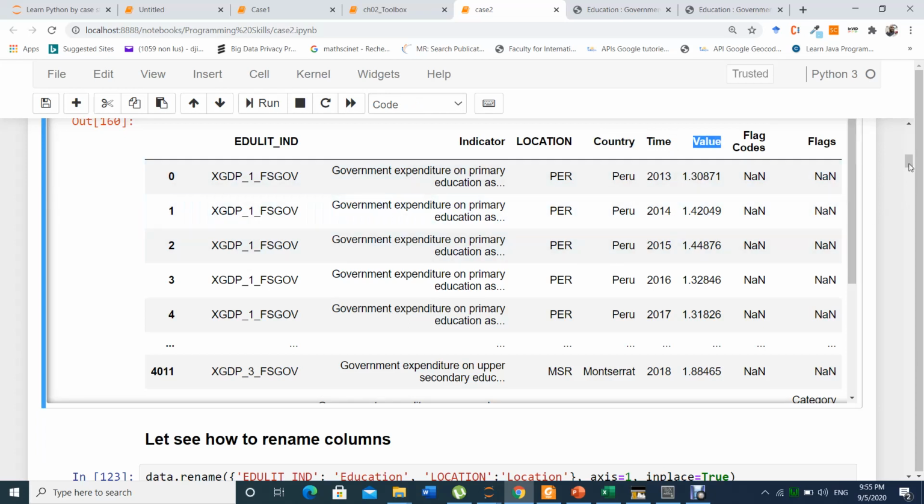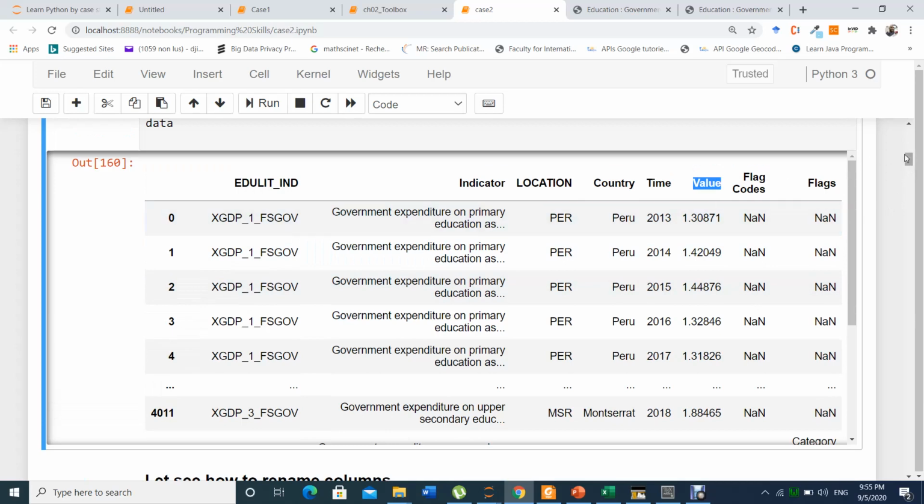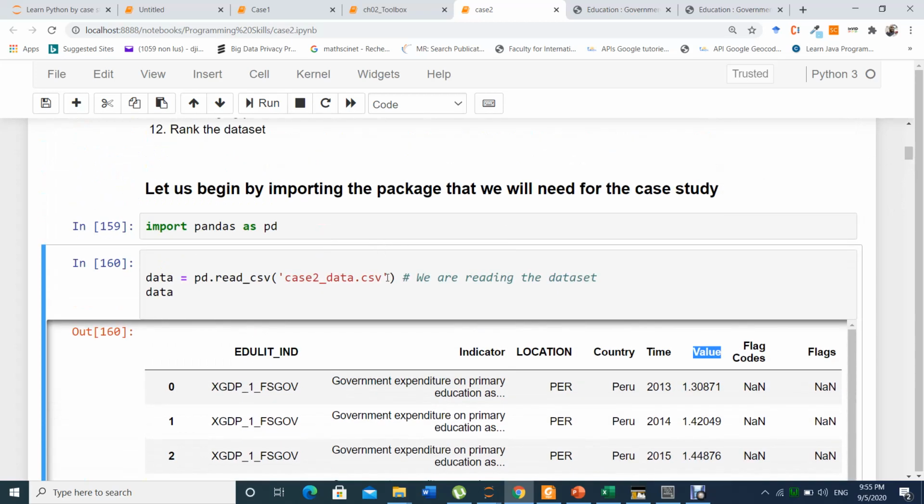To do that, we just need to use one function, usecols, and this is the column you want to focus on: country, time, which means years, and value.